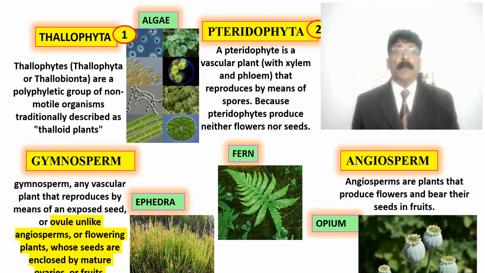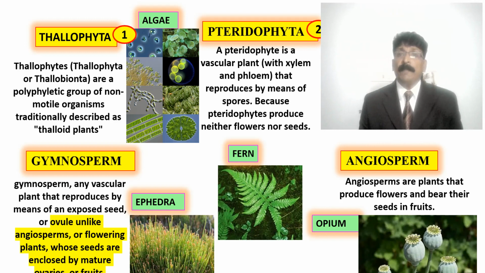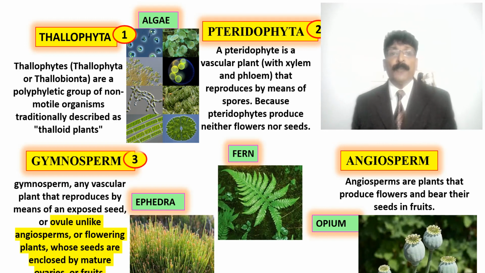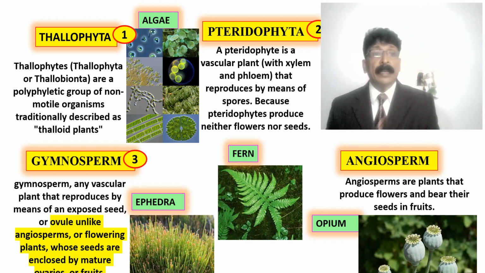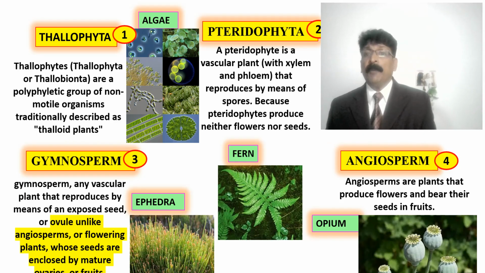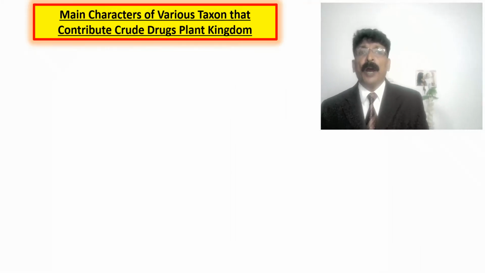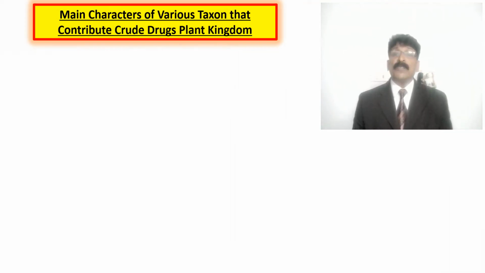So number 1, Thallophyta. Number 2, Pteridophyta. Number 3, gymnosperm. Number 4, angiosperm. All these 4 you have to explain clearly, with their characters. The main characters of the various taxa that contribute crude drugs